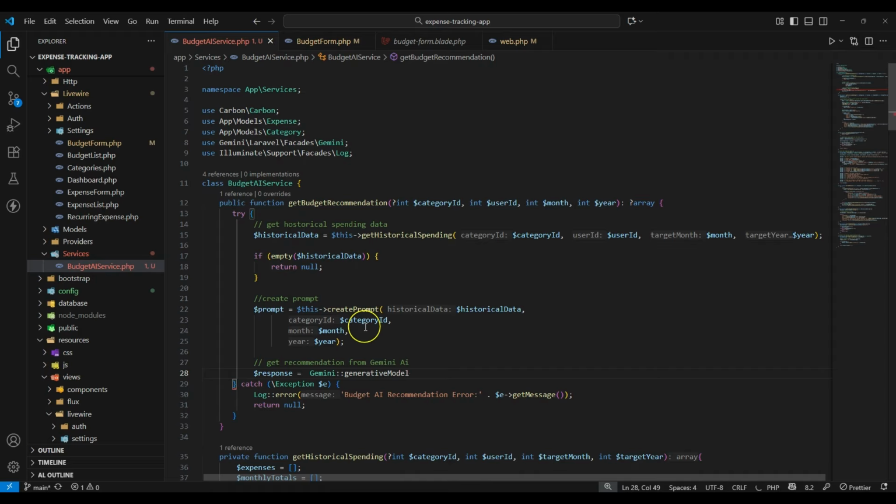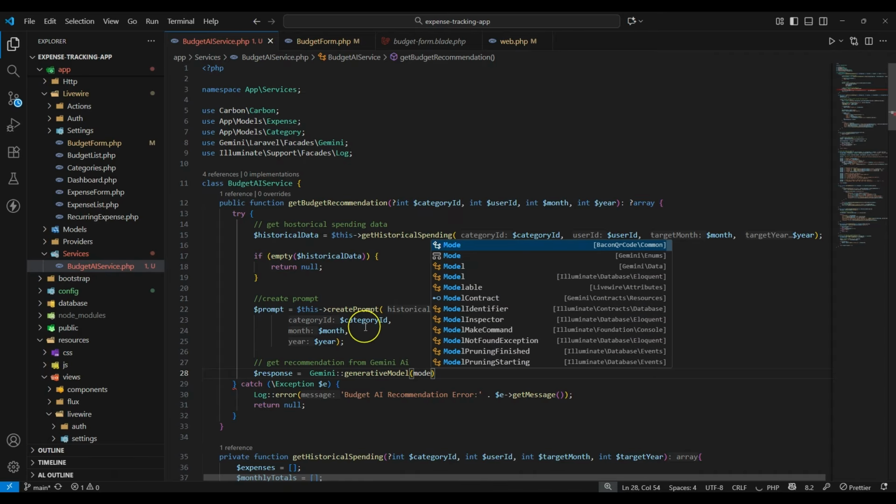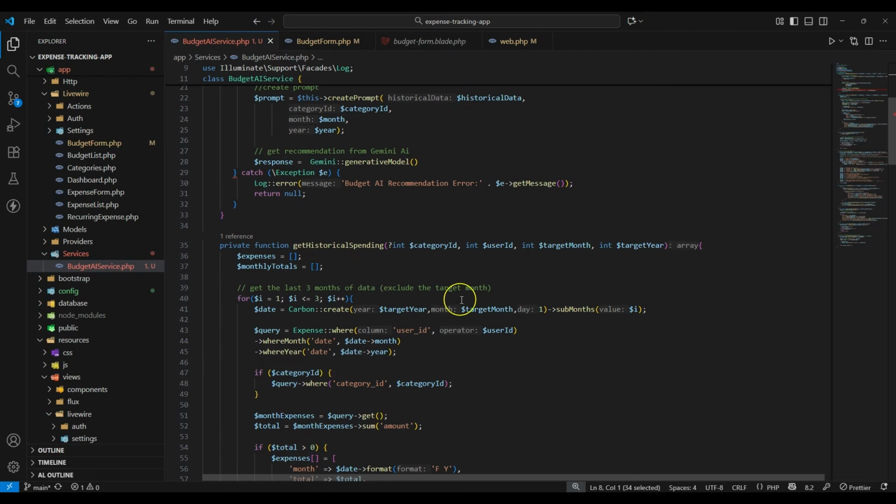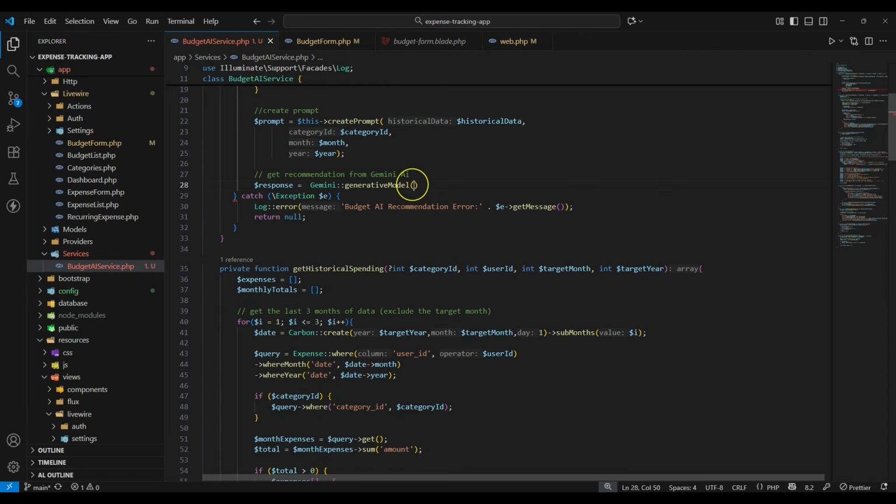generative model. Okay, then here you're going to say model. Basically we need to import the facade. So this is the facade from Gemini AI. Yeah, so that is fine. So here the first parameter that you should pass is the name of the model that you're going to use. So you can see here the name of the model will be Gemini